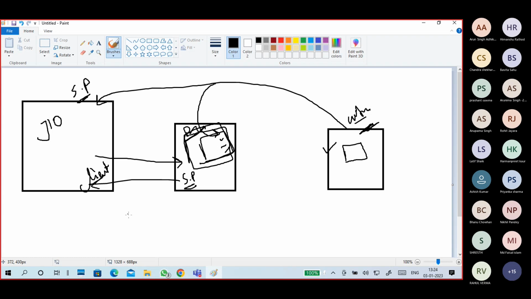This organization is providing support only, not service. It is only providing support service, and Geo is the client.